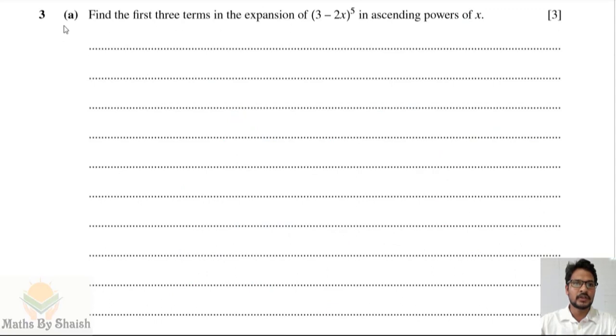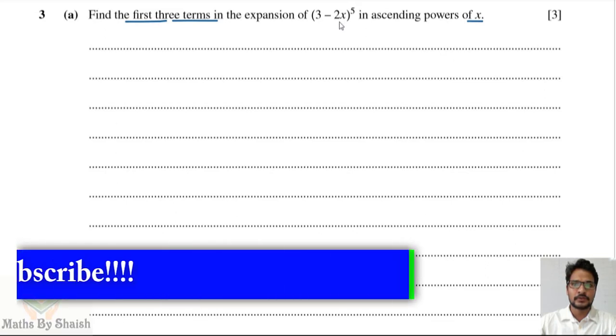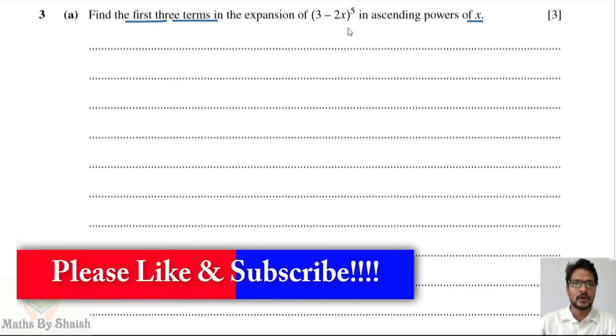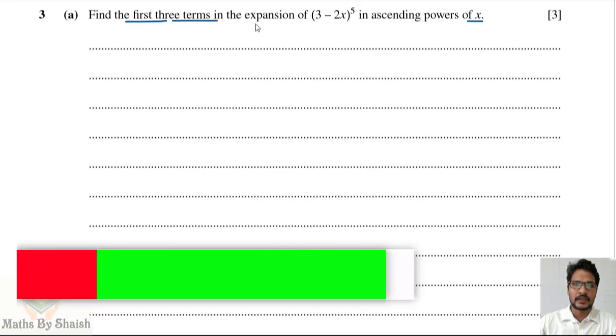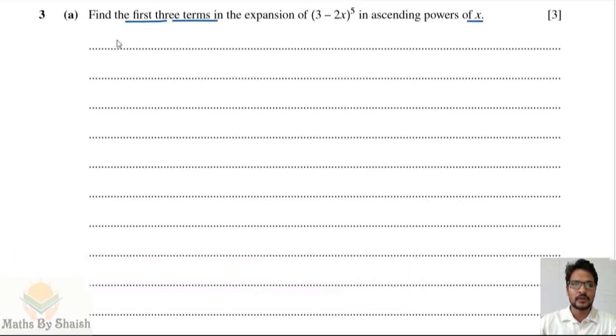Here is the third question, A part. Find the first three terms in the expansion of 3 minus 2x to the power 5 in the ascending powers of x. Since x is in the second term, any which way we'll get this in ascending powers, and here we can use the binomial expansion as well, or the Pascal triangle. We know the coefficients. For the power 5, the coefficients from the Pascal triangle are 1, 5, 10, 10, 5 and 1. Since it is only till the first three terms, we only require these 3